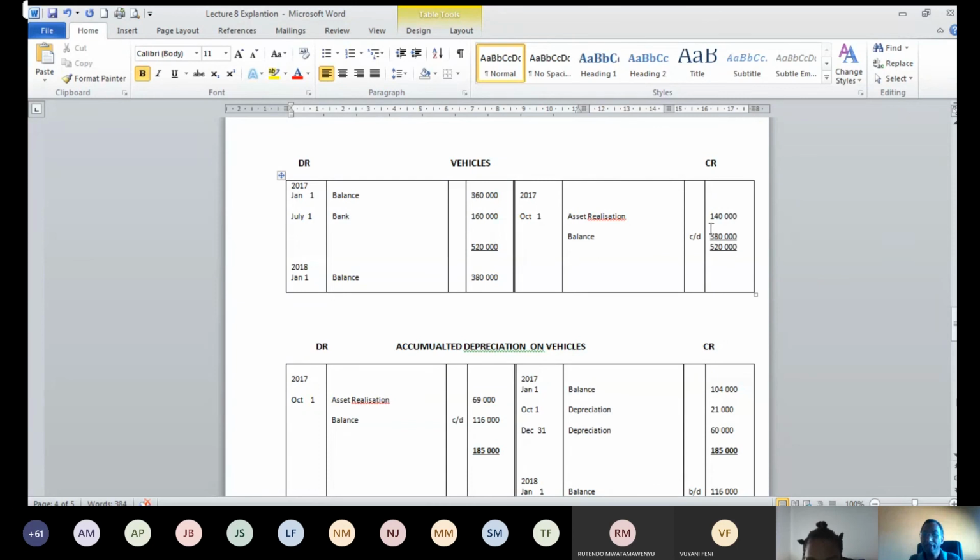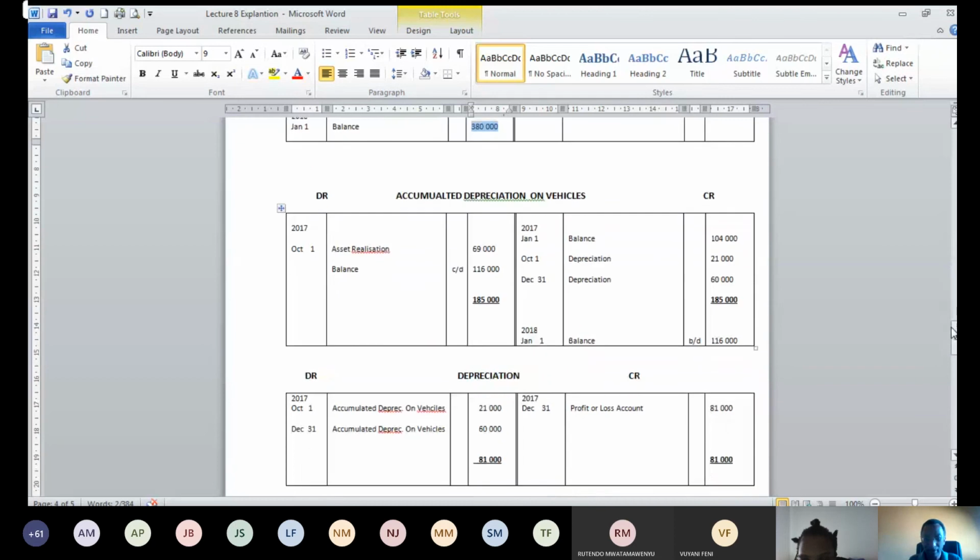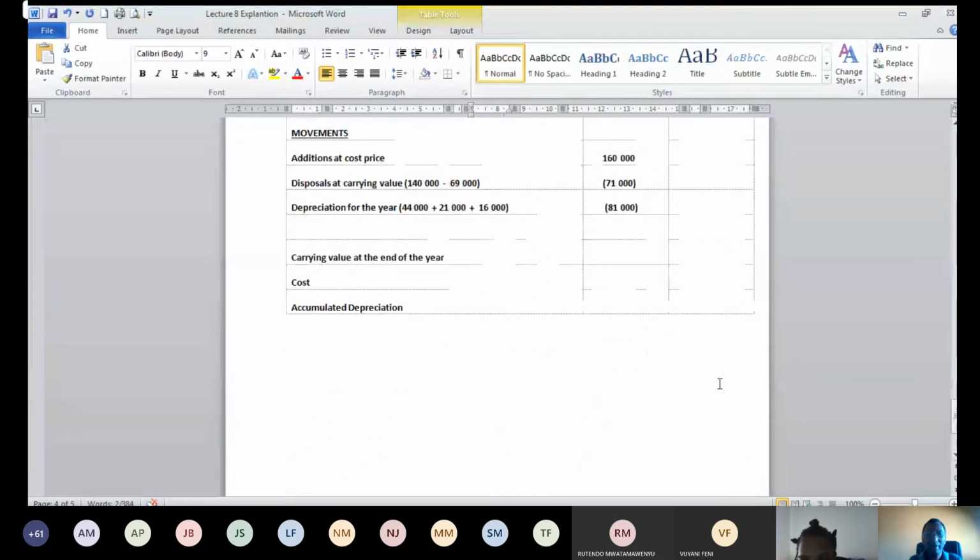The balance of vehicles at the end of the year. What we close off with vehicles. That is the closing balance of vehicles at the end of the year. What we will start the next year with, that is the closing balance of vehicles. So your vehicles at the end of the year was the amount of